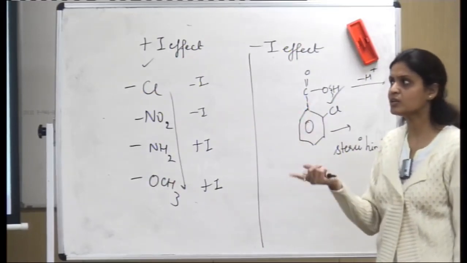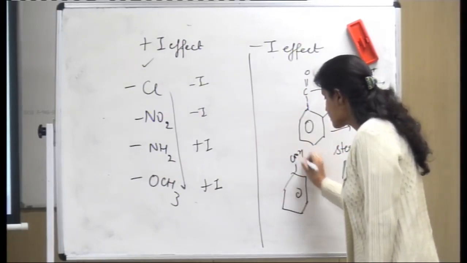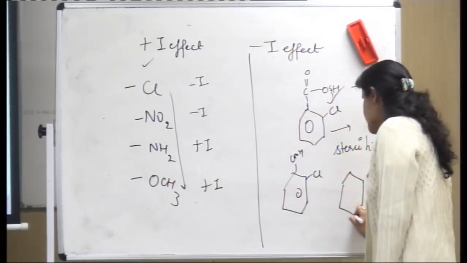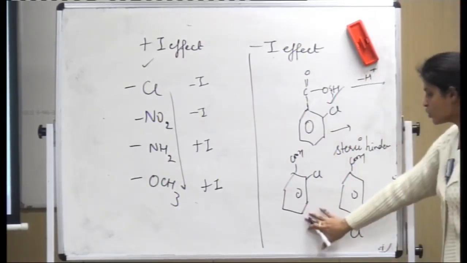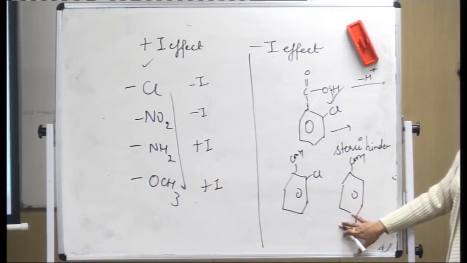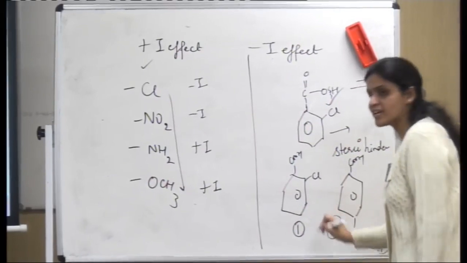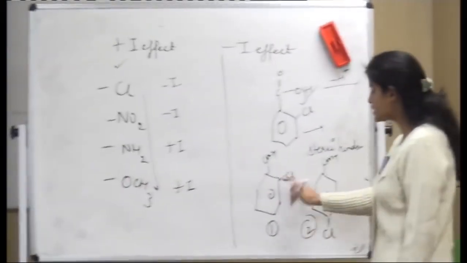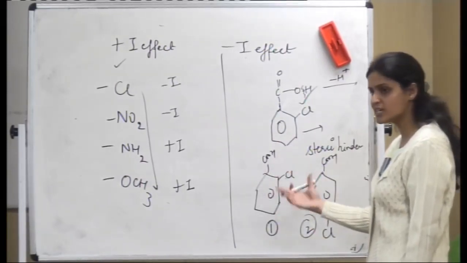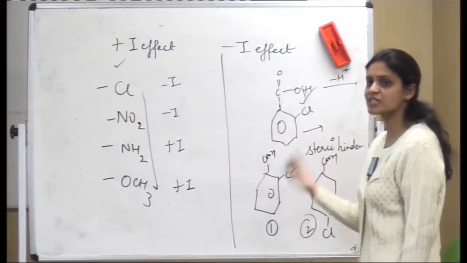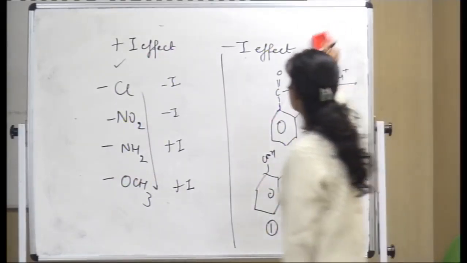Suppose you are given an ortho acid. Suppose I have two kinds of acid, COOH and Cl. If I want to compare which is a stronger acid, what should I say? First is strong acid or second is strong acid? First is the strong acid because it has an ortho group next to the carboxylic group, and hence due to the ortho effect, this proton will get dissociated faster and it is a stronger acid. This is known as the ortho effect, right?